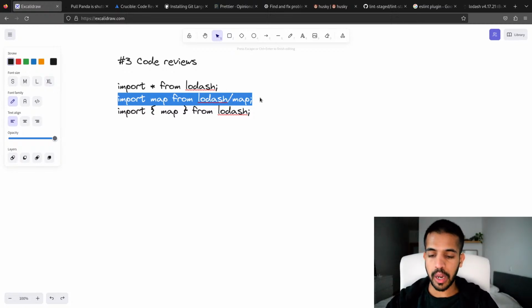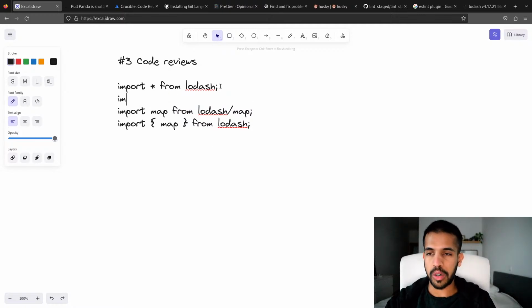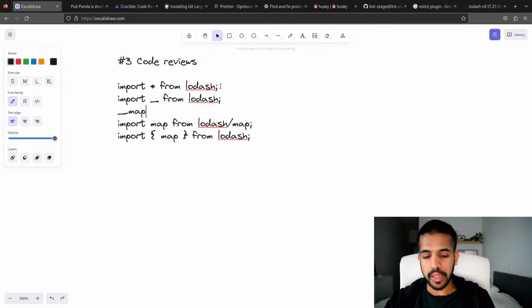I wanted to enforce it because I was working on a code base where not everyone were front-end developers. It's a bit strange, but sometimes another, mostly back-end developer tried to contribute to the React code base, and he has no idea, and sometimes he just goes and does stuff like import underscore from Lodash and then do underscore dot map. I think this was a fairly common thing to do back in the day when you didn't really understand bundle sizes, or when you are just not aware of how all this tree shaking and stuff works. So I wanted to stop this from happening.